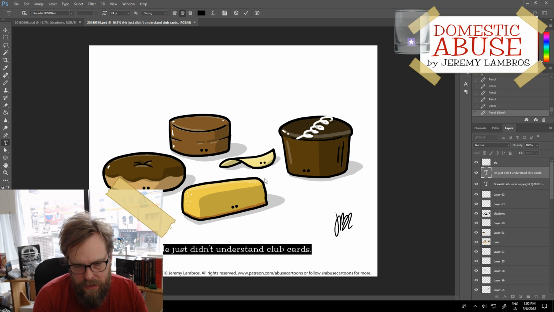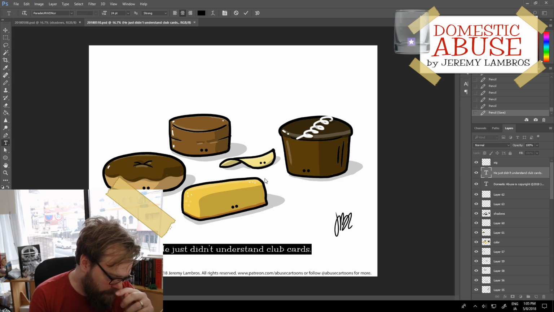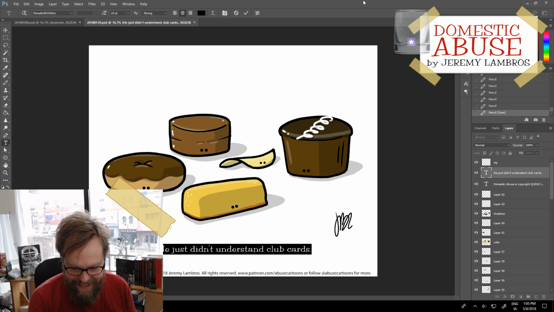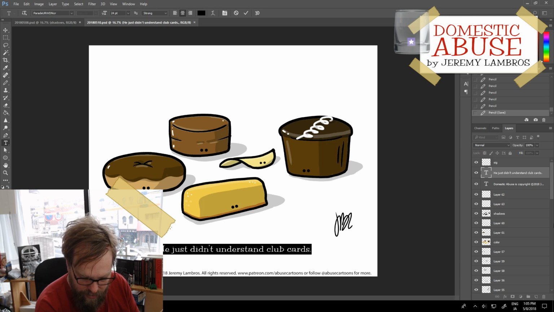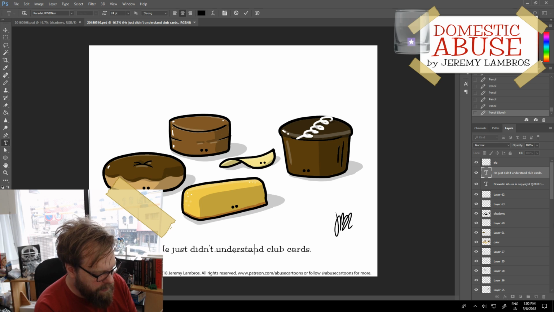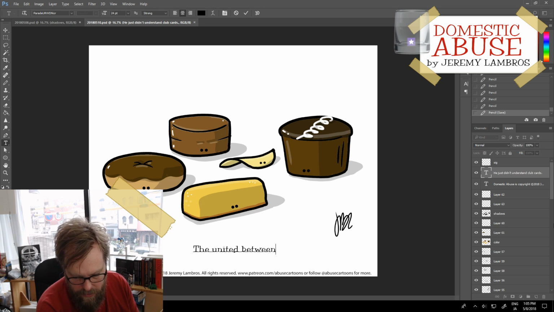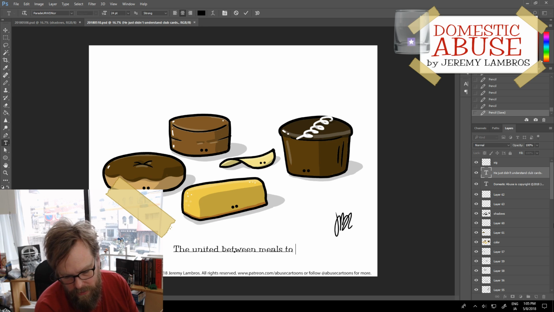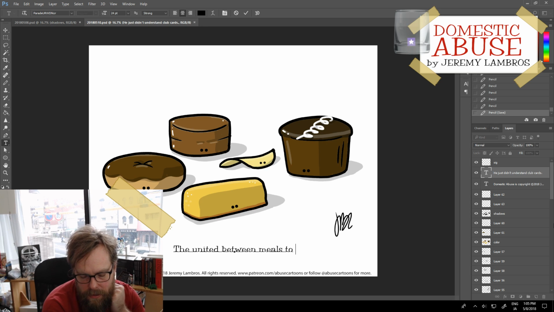So snacking between meals. Avoiding between-meal snacks was a common thing to tell your kids, or to tell parents to tell their kids, or to tell parents to do to their kids. They united between meals. Their effort, their cause, their purpose was to